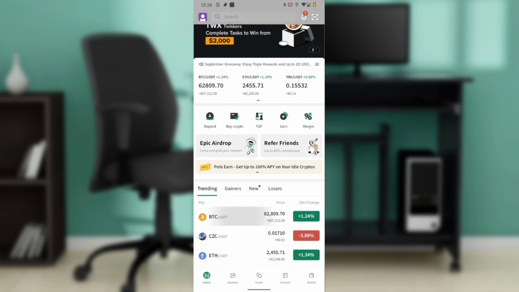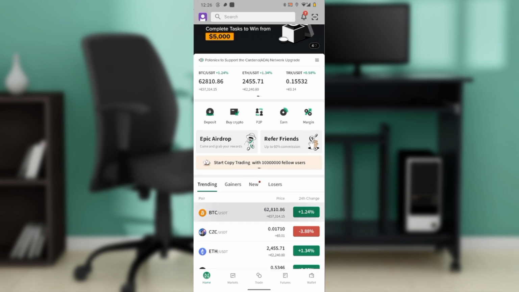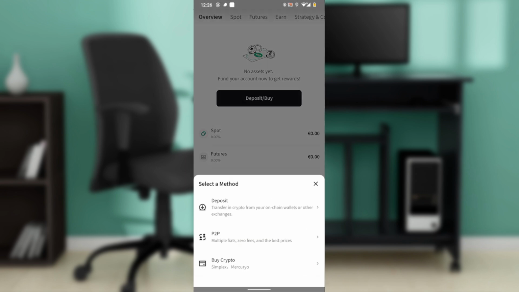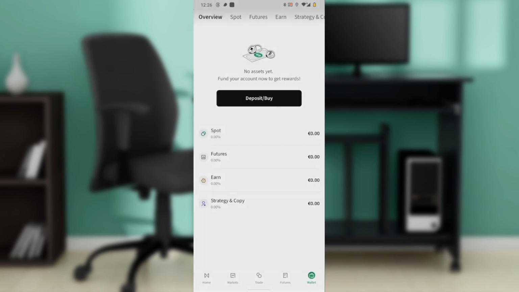to your account. Now from the home screen, tap the wallet icon, which is at the bottom right corner of the screen, and it takes you over here. Now in here you have this button that says deposit/buy. Tap on deposit/buy, and you have a drop down menu that says deposit, P2P, and buy crypto. Select buy crypto,